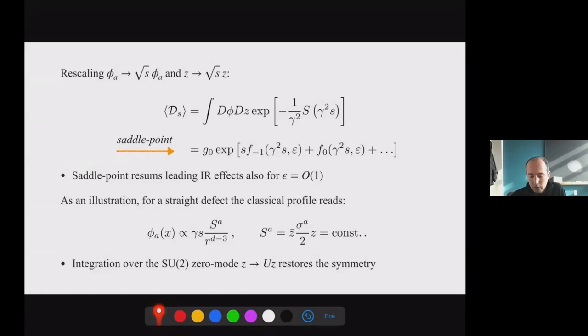Now, this saddle point cannot break the SU(2) symmetry, so this just means that there must be some zero mode in the path integral which restores it. In other words, we have a family of saddle points related by a global action, or a finite-dimensional integral that we have to take into account at the end, like in standard instanton analysis.